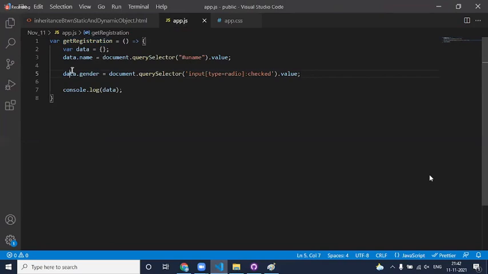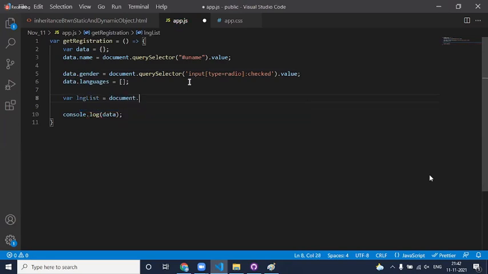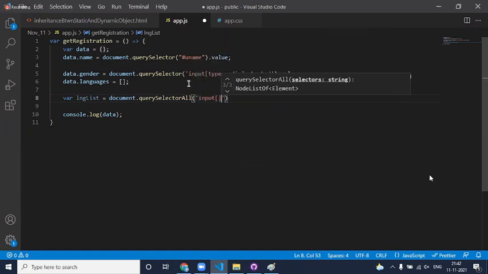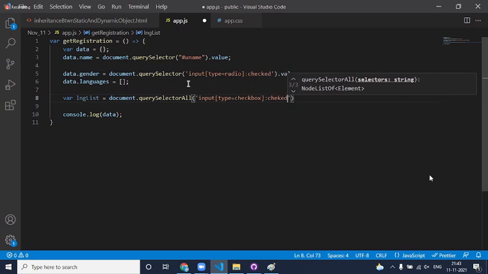In the same way, I would even like to read the checkbox value. Now I would like to say data dot languages is equal to an array, because it is an array of all the languages the user knows. Now I say var lngList equal to document dot query selector all. Here I need to go with all, which is input of type equal to checkbox colon checked.